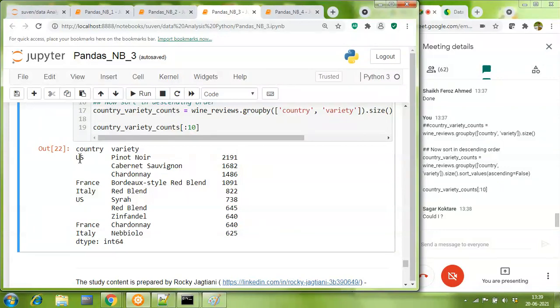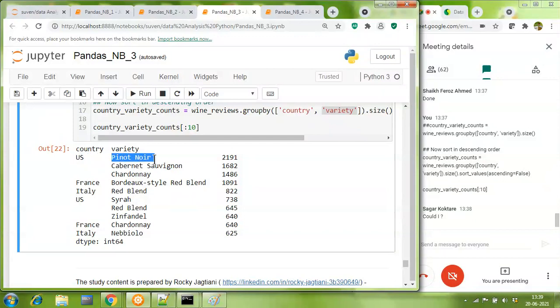Okay. So very correctly said by Sagar here that we are grouping now by 2 columns, first of all. That is the first thing which you should realize. We are grouping by 2 columns, and when we're grouping by 2 columns, the group is going to get first formed in the country. So when you group by on 2 columns, the first column becomes the primary grouping element, and the second column becomes a secondary grouping element. So the first grouping happens on the country US, and inside the country US, there are 3 varieties.